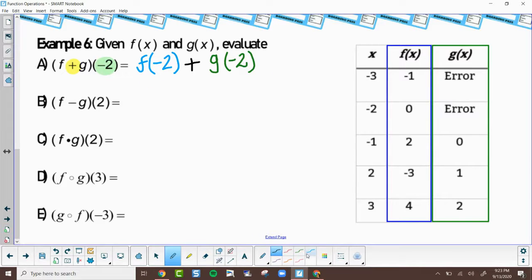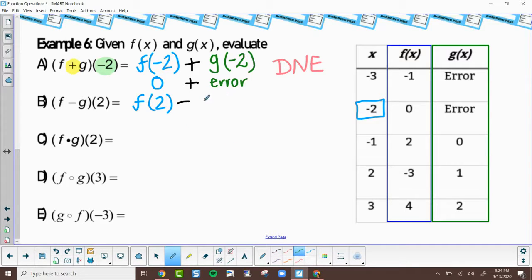Pretty friendly, so I'm going to go over to the table and find, okay, here's negative 2. So I'm going to plug that into f, so that one gives me a 0. Ooh, interesting. When I try to plug that into g, I get an error. Well, so that's not really going to work. So this first one, we're going to say does not exist. Does not exist. All right, that's okay. Let's try the next one. So I've got f of 2